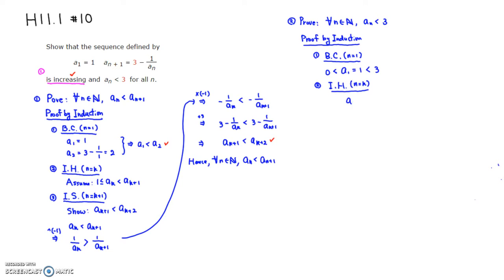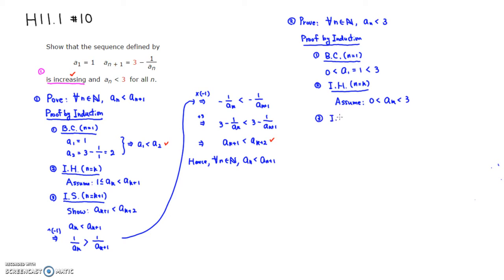Oh, we have to assume. So we assume that AK is bounded above by 3, right? And also AK is a positive quantity, right? Then what we want to do is number 3,